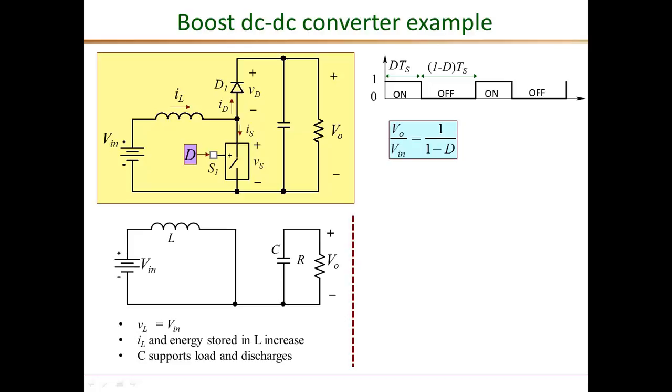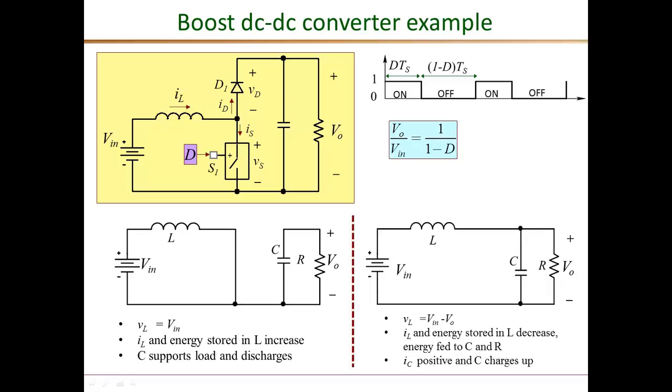This is the equivalent circuit during the switch on interval, this interval. The switch is on, therefore it is represented as a short circuit for an ideal switch, and the diode is open circuited, shown here. And during this period, the current and therefore the energy in the inductor is built up,